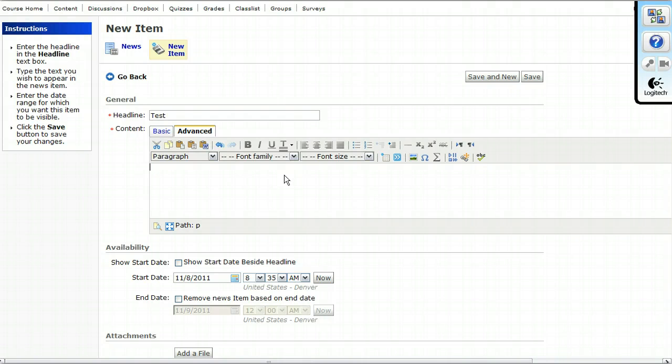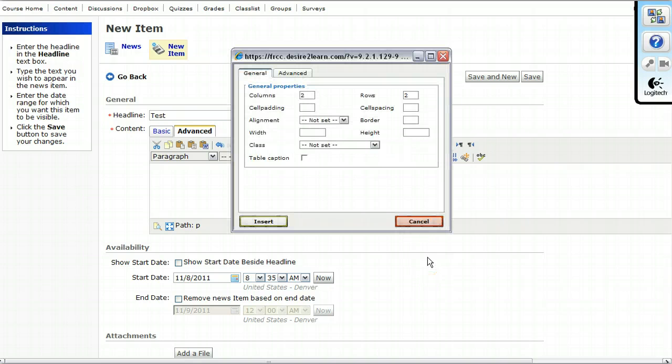Instead of doing that, note I'm on the Advanced tab, and the Advanced tab gives me this Insert Table icon. So I'm going to insert a table. It's going to pull up this little table menu. Now, the default is to create a table that has 2 columns and 2 rows, which makes sense if you're going to use this as a table, but I'm going to cheat and use this table just as a 1-cell